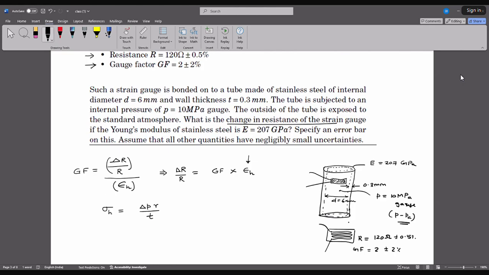Now, what do you take the radius of the tube to be? Typically, the radius of the tube is taken as the diameter, which is 0.006, plus the thickness, which is 0.0003,